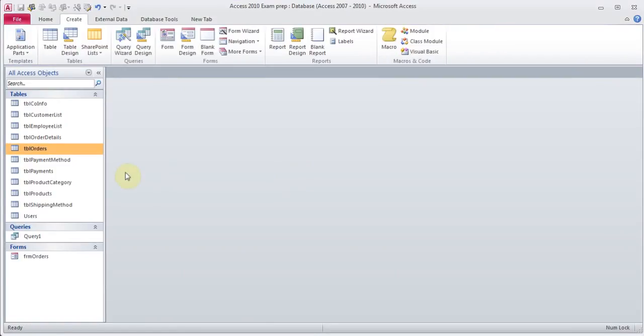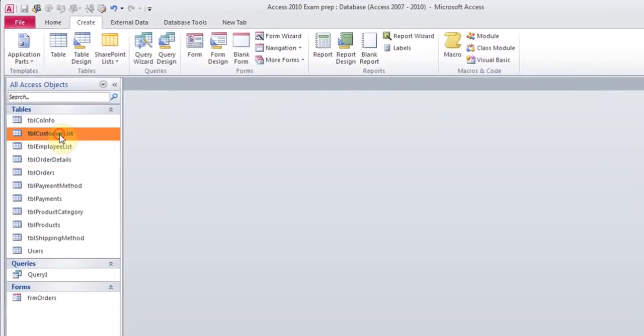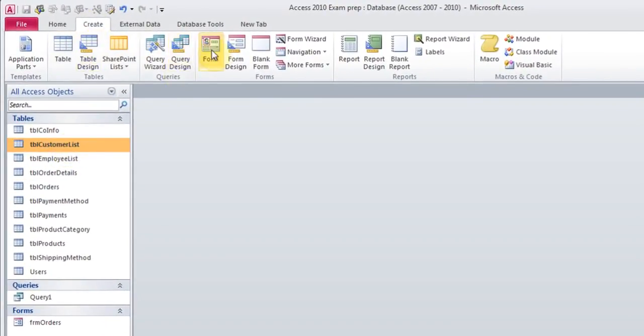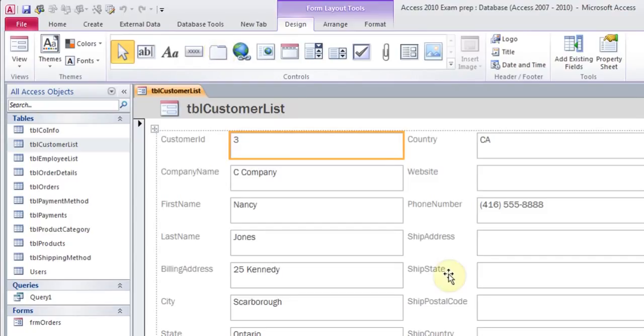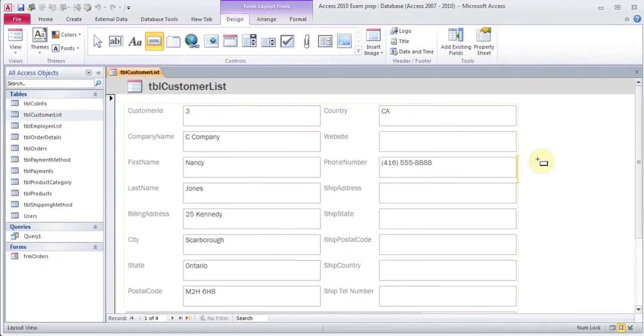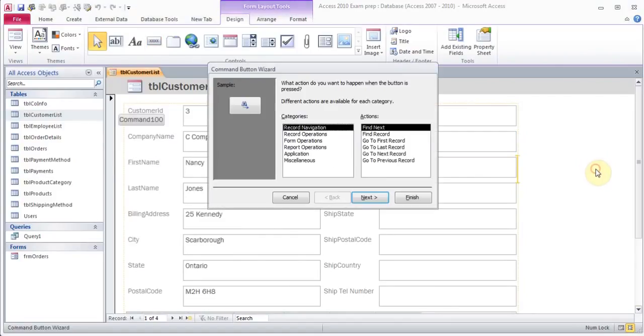To do this I'm just going to close this, and then I just want to open a simple table. So I'll just click on customer list, create form, and if I want to add a button, I can click on this button option and then drag it here, and then I can choose what kind of button I want. Do I want a next button, next record button, go to first record, or I can go to record operations, and then I can choose add new record,